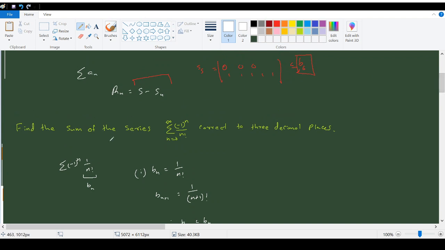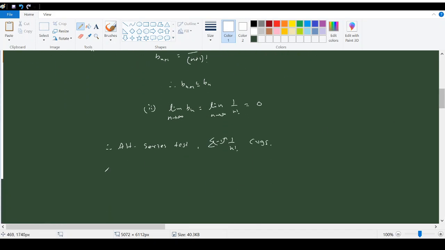To answer this specific instruction, we know that this series has a finite value, but we don't know that value exactly, so we just need to make an approximation so that the difference between these two terms is